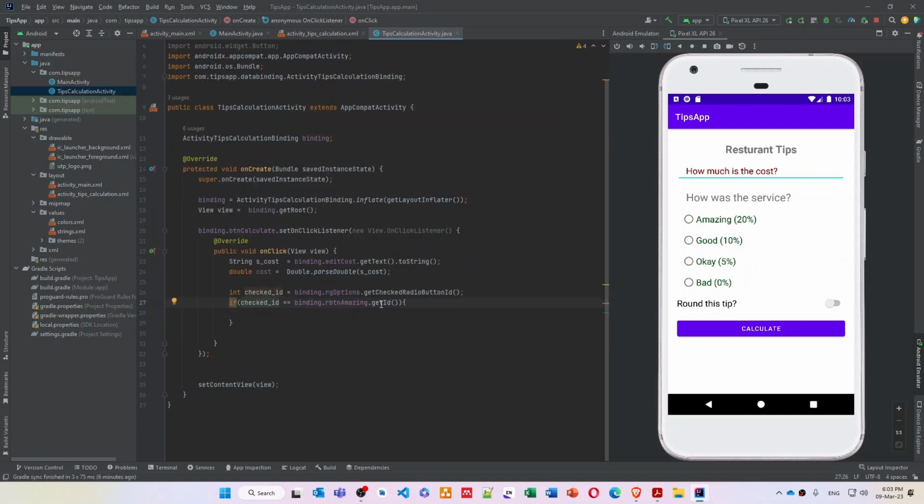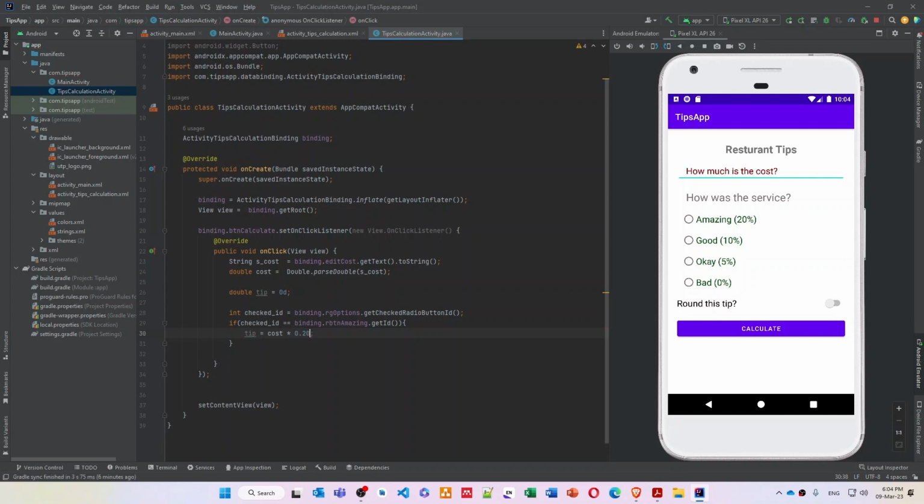If this ID is equal to the button amazing ID, then what should I do? I will change the tip. So right now we have double tip equals 0.0. Right now our tip is 0. So after that, if it is amazing,